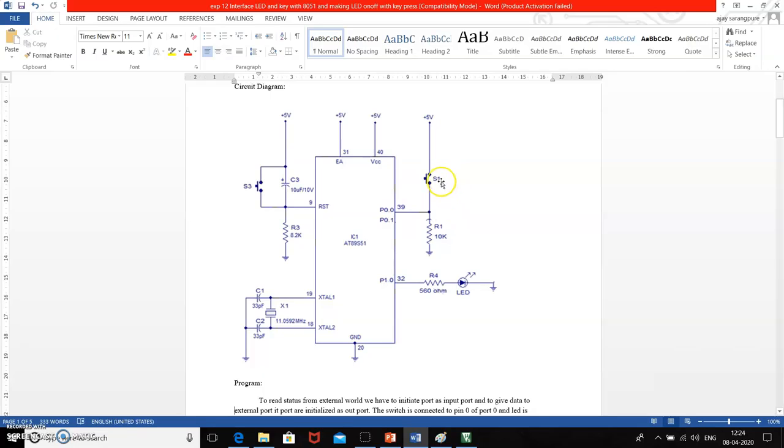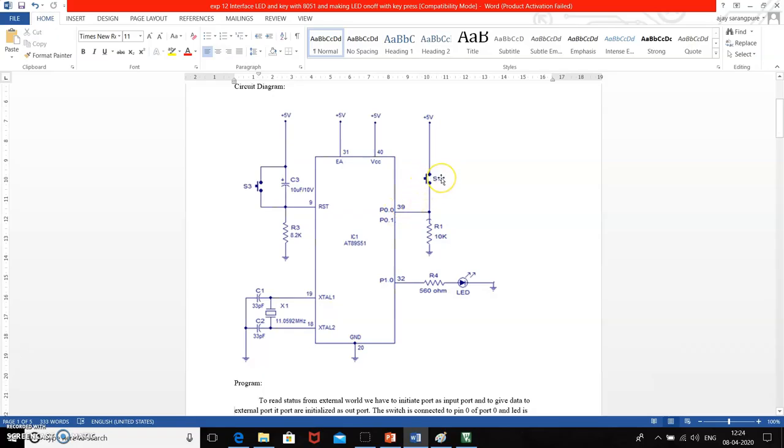To connect the switch to the microcontroller, we used this pull down resistor R1. Let's check how this combination of switch and resistor will work. Whenever the switch is not pressed, pin 0 of port 0 is connected to the ground via this resistance R1. At this instant, logic 0 will appear.